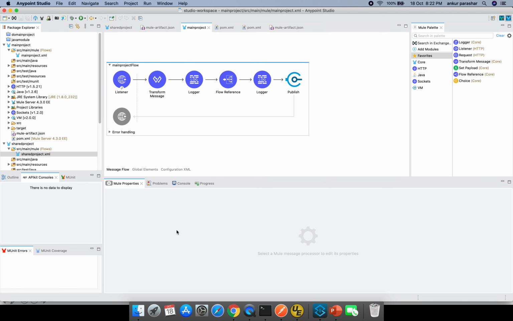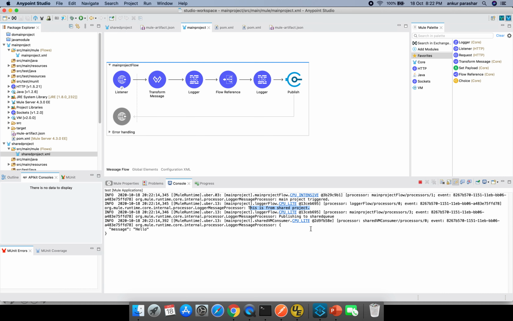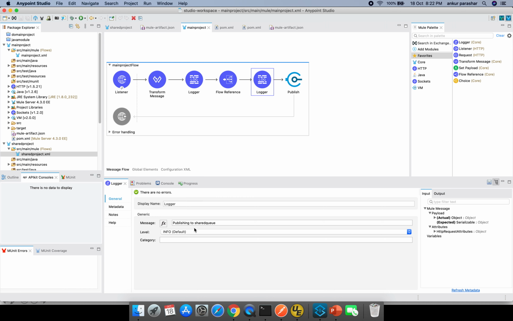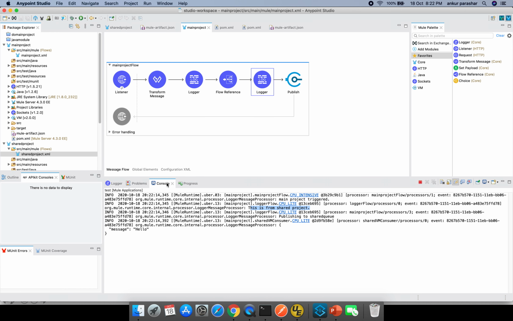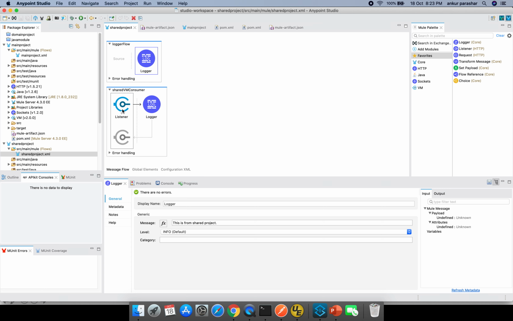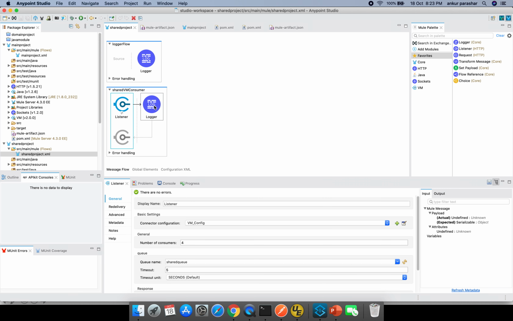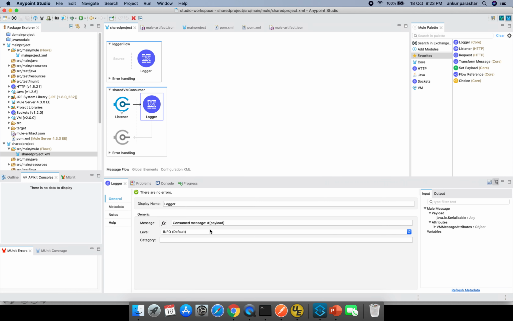I will go back over here and click on console. Publishing to the shared queue is coming from this particular logger. After that, it has published the message, and it goes to the shared VM consumer. This particular listener will pick up the message, and the logger will say consumed message and some details.